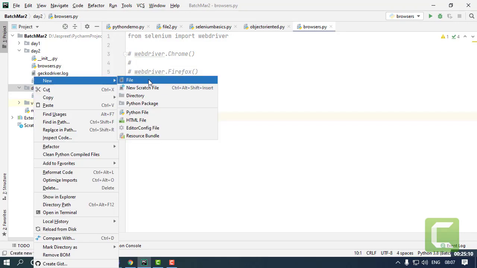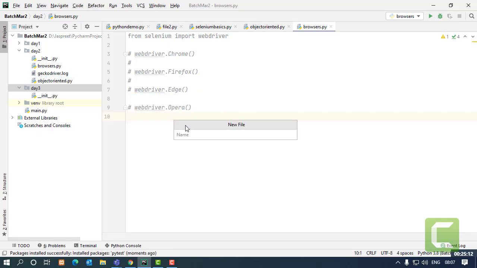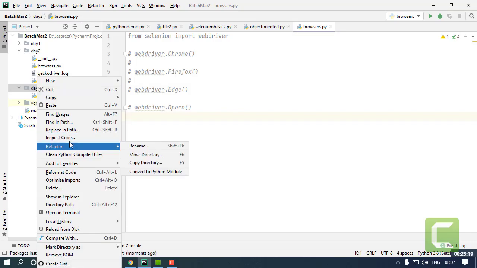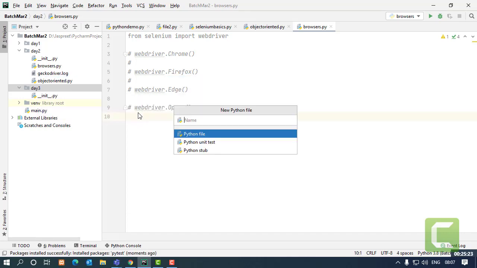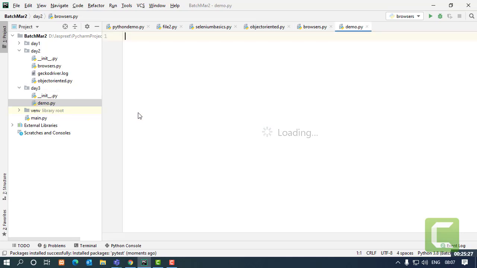Now there are some rules. There are some rules to write the test cases, not actually to write the test cases, but yes, to make the file of the test case. So right now I'm just making a normal file, let's say a demo file, and in this demo file, I'm going to make a test case.